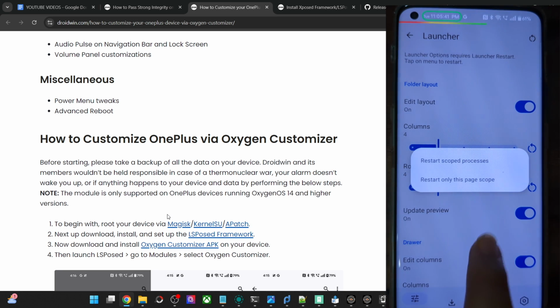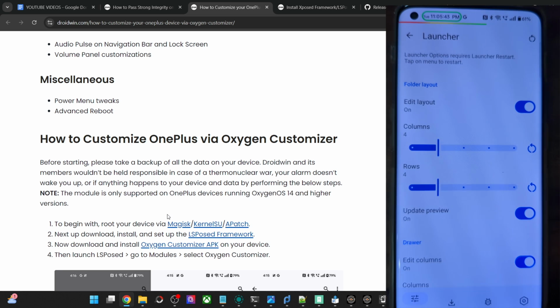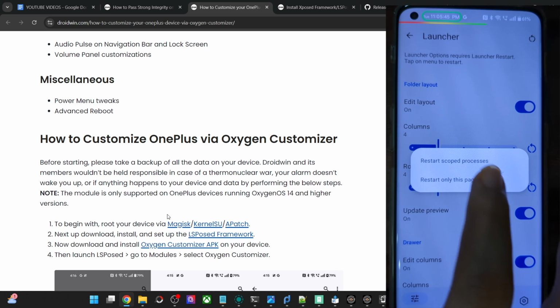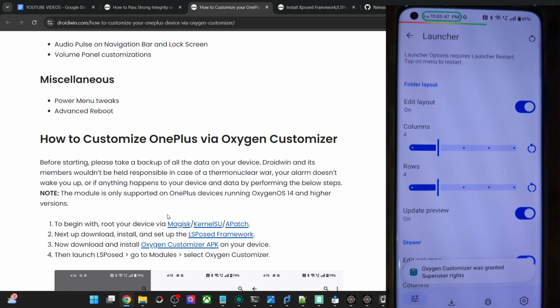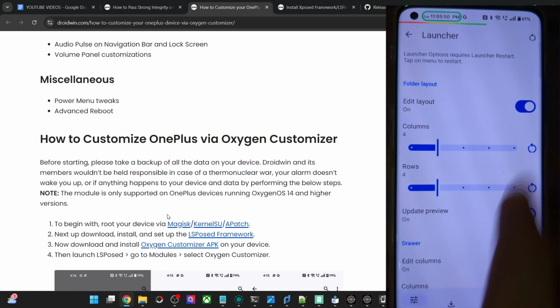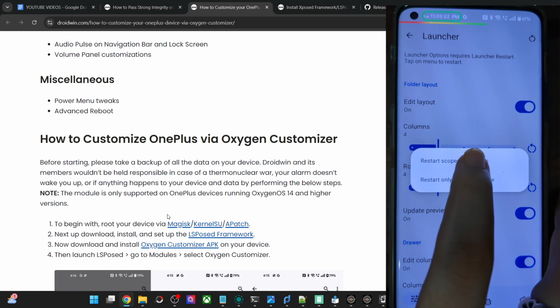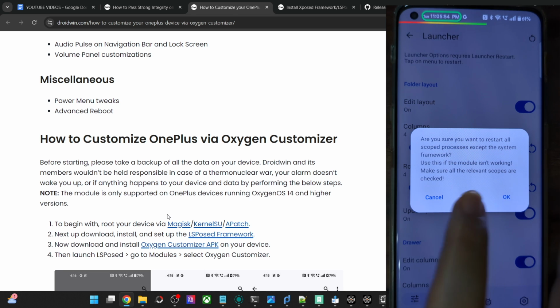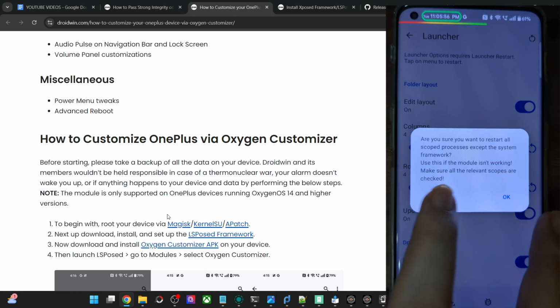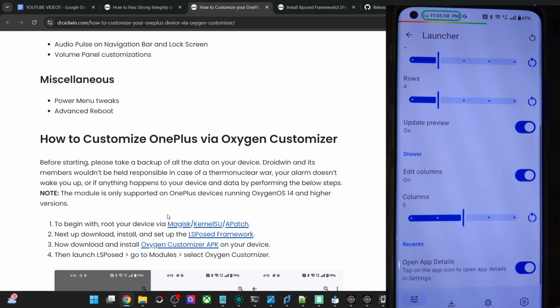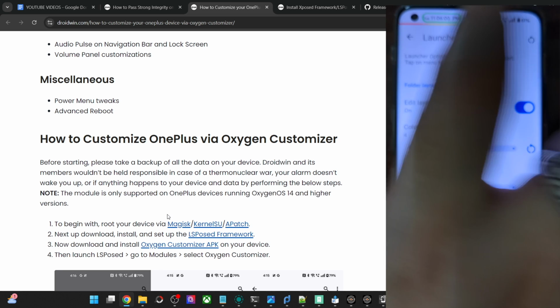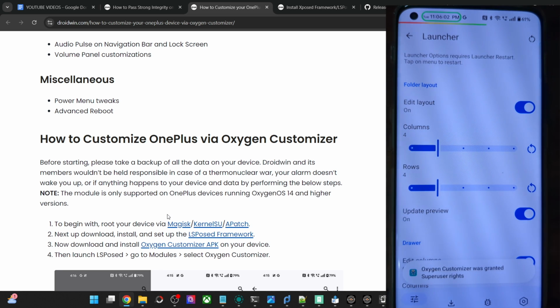So if you do a restart of the launcher, tap here, tap on the menu to restart. So let's restart. Okay, so just doing a restart of the launcher should get the job done.